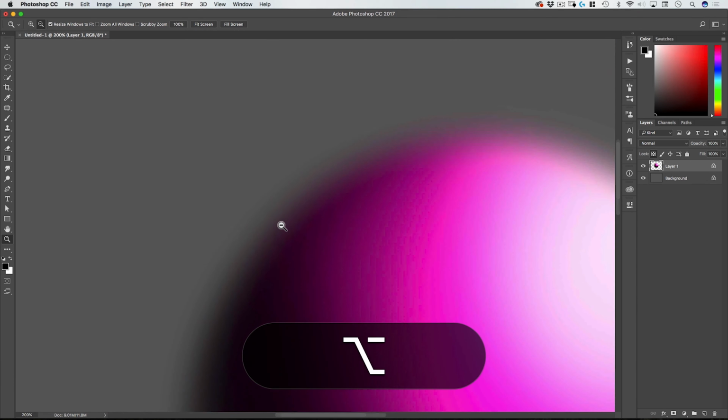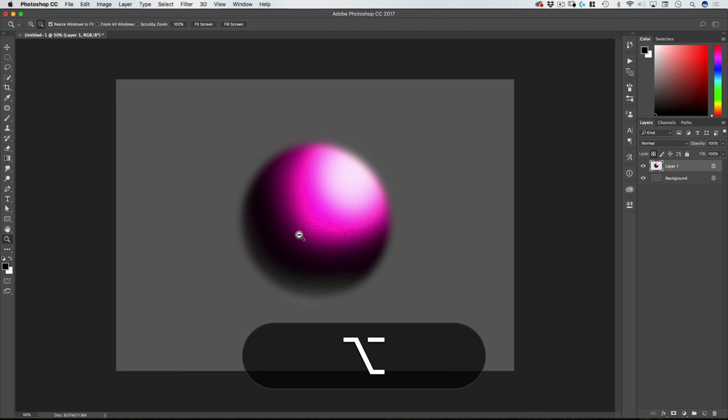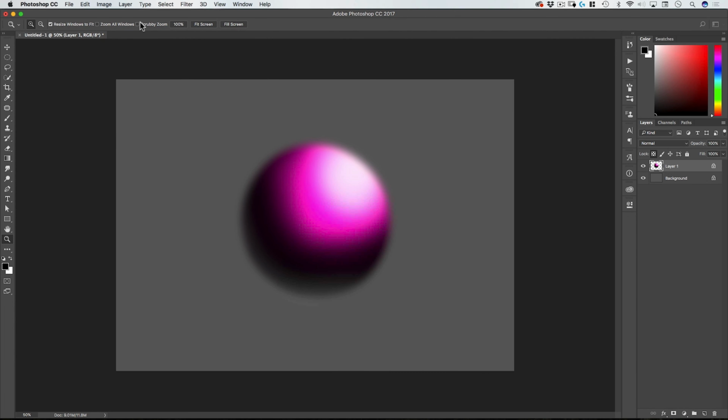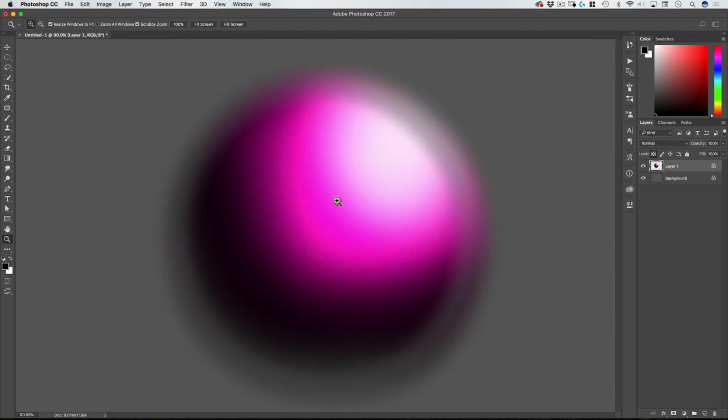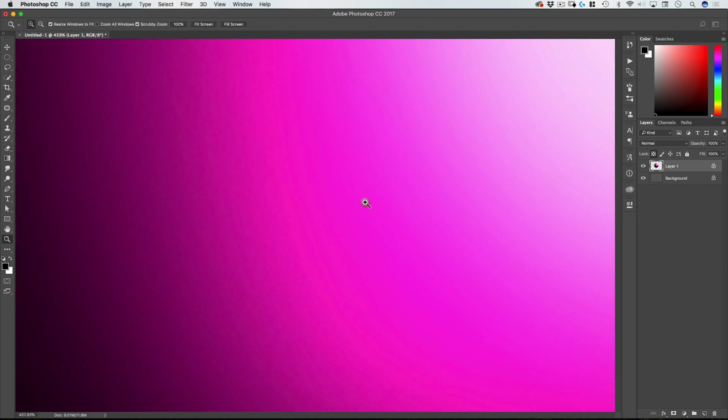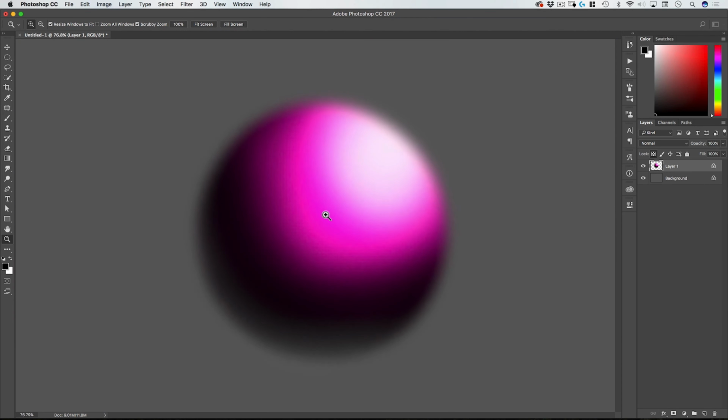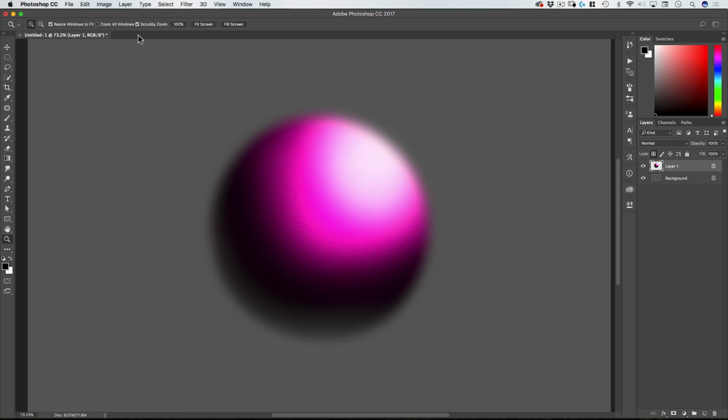This used to be the default behavior of Photoshop. They added scrubby zoom, I believe, with CC. So again, it's strictly preference. I prefer having scrubby zoom. It just is easier and you have more control over how you're zooming, so I tend to use it. But if you don't like it, turn it off.